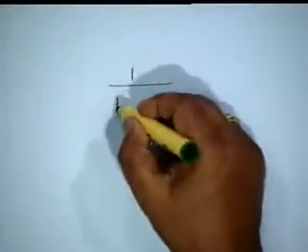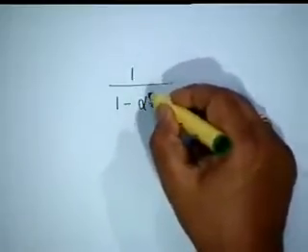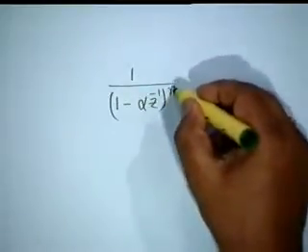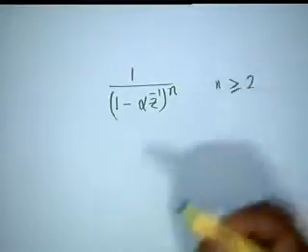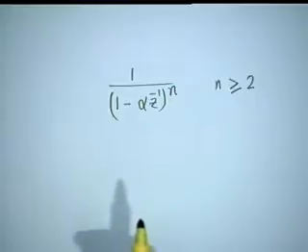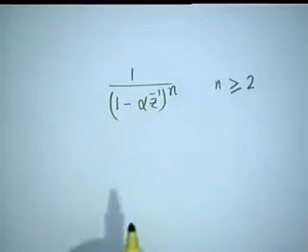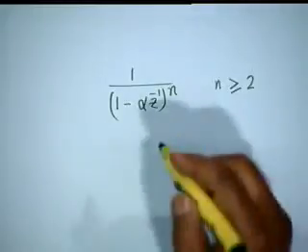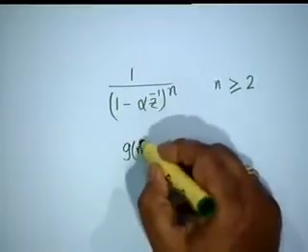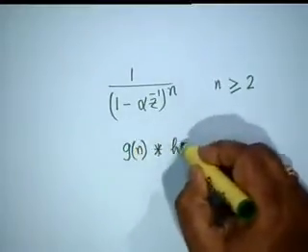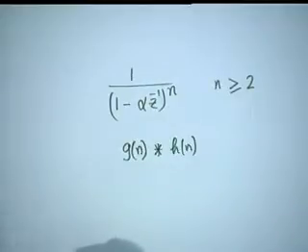Discussed in the last lecture were differentiation, which gives you a clue to finding the inverse transform of 1 minus alpha z inverse to the power n, where n is greater than or equal to 2. The differentiation property leads you to an inverse transform of this. We discussed the convolution property, that is, if you convolve g of n with h of n, linear convolution, then